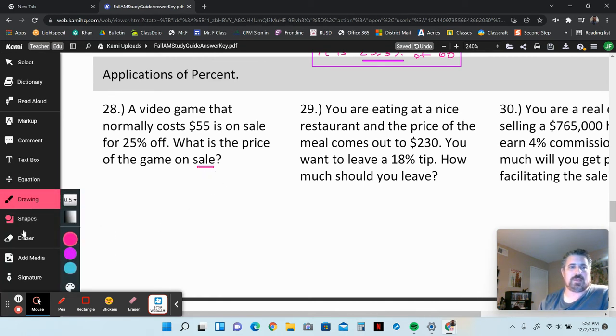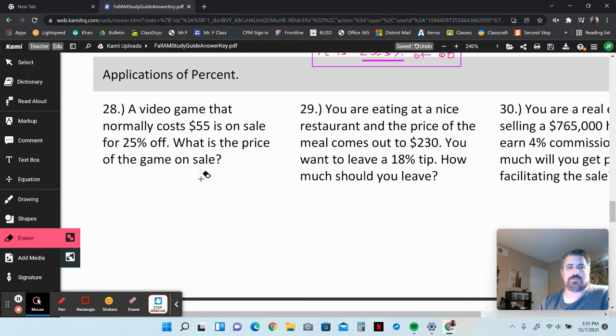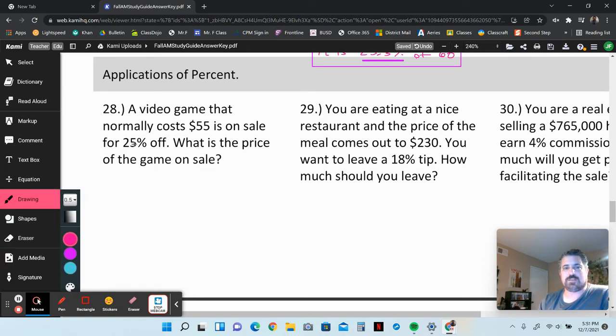Okay. And so ultimately what we're going to do there is figure out what portion are we still going to pay, right? So if you're getting 25% off the price, the original price is 100%. You're taking off 25% of that price. What portion of the price are you still paying? 75% of the price, right? So that means that ultimately, if you take the 55 and you times it by 75%, you're going to get the price that you're going to pay on sale, right? That's the sale price. In other words, the retail price,